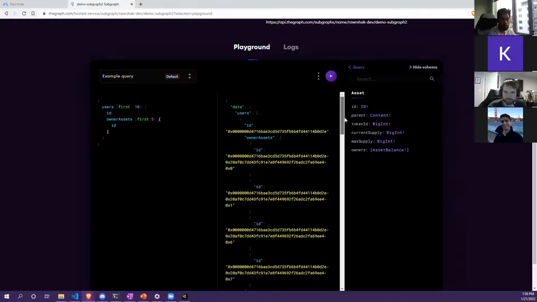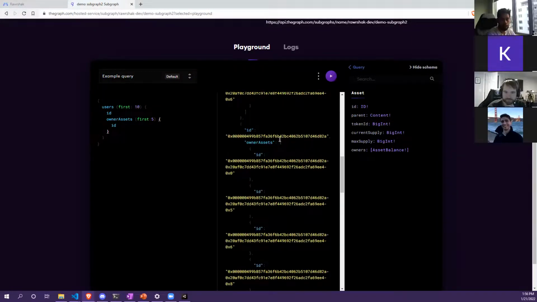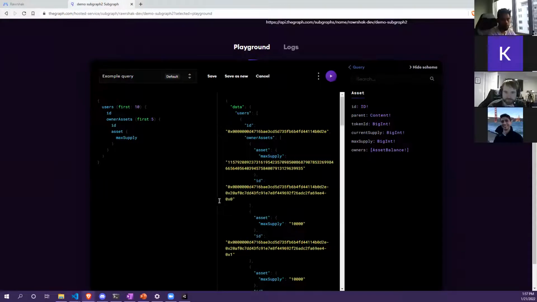You can make those queries like that, or let's do max supply. Sorry, these are relationship asset max supply. So now you can create more interesting queries like that,